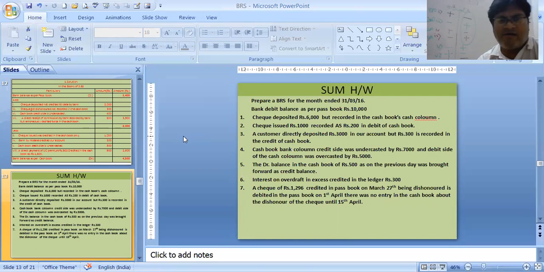Thank you, students. And I'll tell you one more easy way to remember. See, a very natural thing: being a girl, she is attracted towards a boy. Being a boy, he is attracted towards a girl. That means they are favorable. Favorable means they will see the other one. And overdraft means problematic, abnormal case, see the same. Boy to boy, girl to girl. That means if it's a cash book overdraft balance, they will see for plus minus cash book only. If it's a passbook plus minus, then they will see a passbook only.